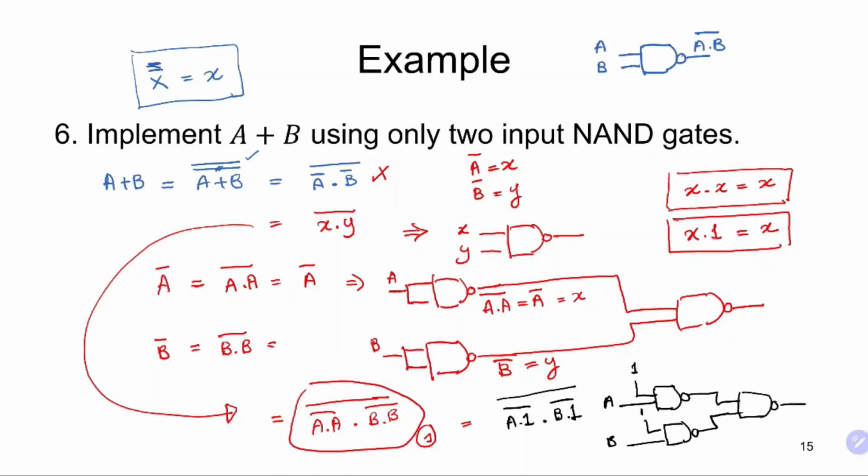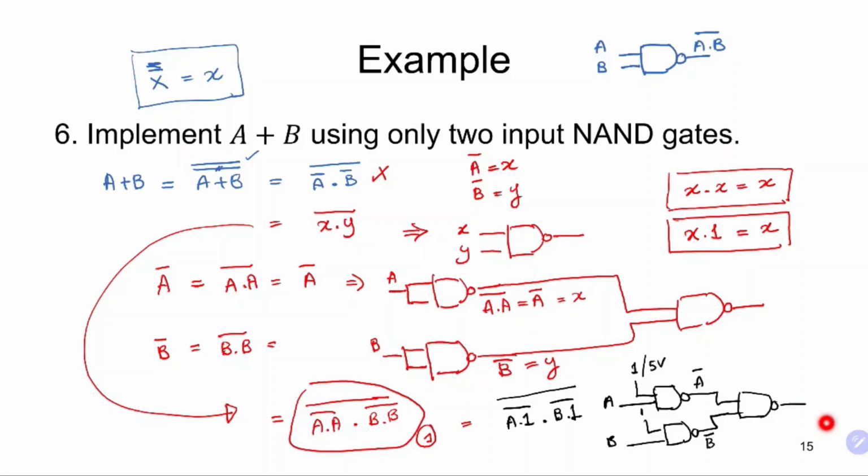The second solution is the one in the black. We can either tie the two inputs to A to create an A bar, or we can use A and then the other input we put to a 1, which means that in your circuit, if TTL, I'll put this to 5 volts. Okay, I put one input to the 5 volts, then my A here will be my A bar, and here will be B bar,